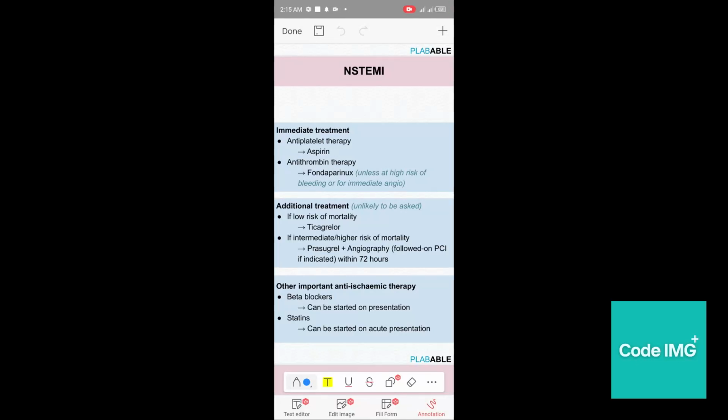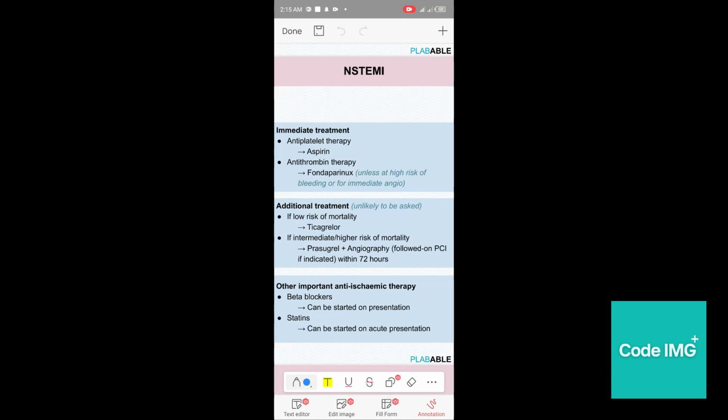Okay, then the next one over here is NSTEMI. In ACS, NSTEMI and unstable angina are on one side, and on the other side there is STEMI. To differentiate between NSTEMI and unstable angina, in NSTEMI the TROP would be positive. There will be ST depression in unstable angina as well as in NSTEMI, and the STEMI has the